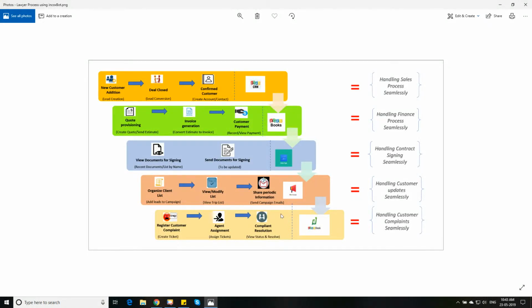In this video, we'll look at how a legal firm can automate their business processes using incoxBot. As you can see in this picture, this legal firm uses multiple applications like Zoho CRM for managing their leads and potentials, and they also use Zoho Books for managing their accounting processes like estimate generation or quote generation and